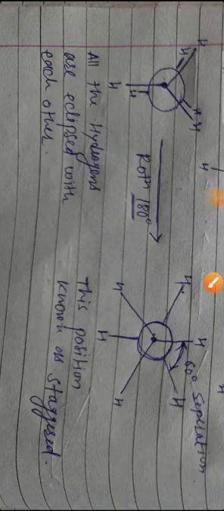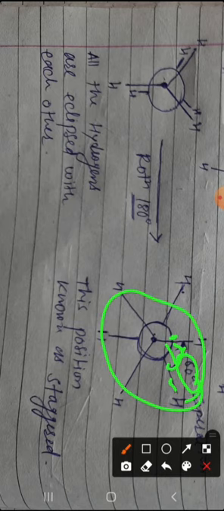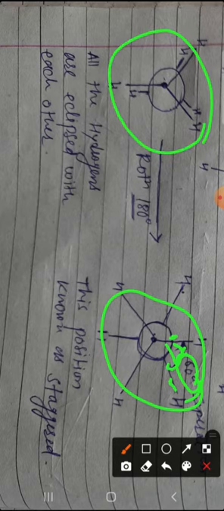And if I change the torsional or dihedral angle, with a 60 degree angle of separation between front and rear, their electrons are far away from each other. That's why the repulsion is very small in the staggered conformation. But in the eclipse conformation there is more repulsion. That's why in this conformation the energy is very high, and due to higher energy it is an unstable conformation.